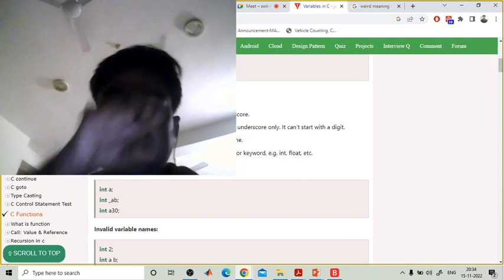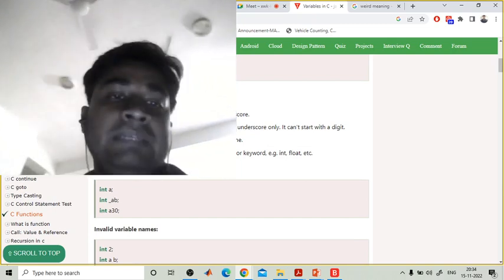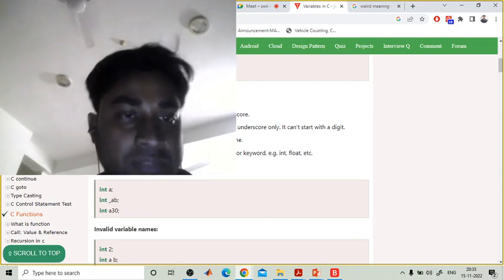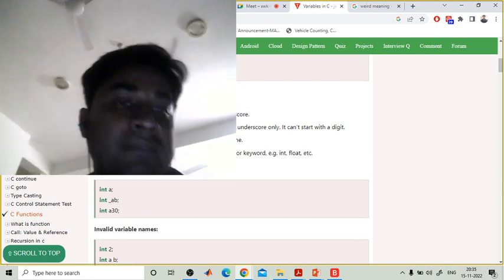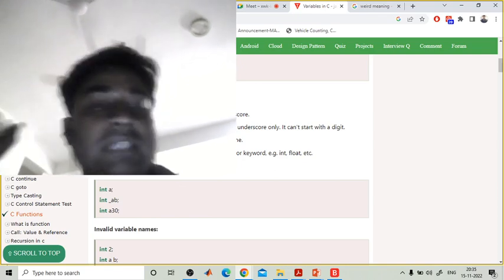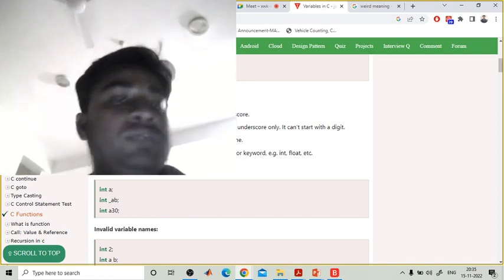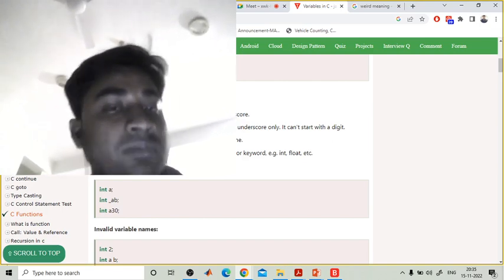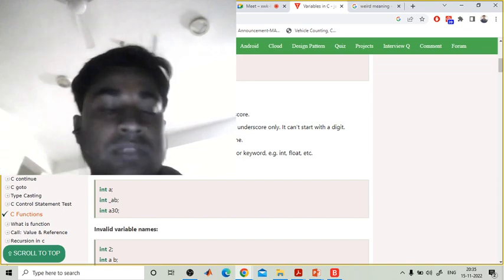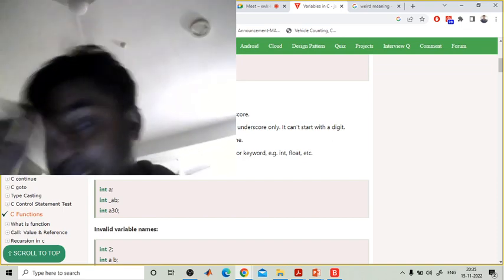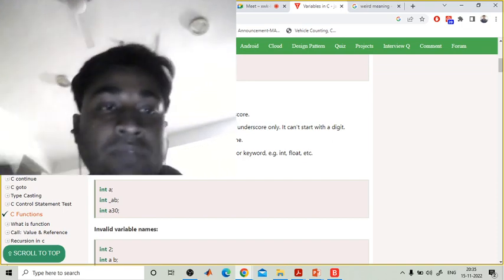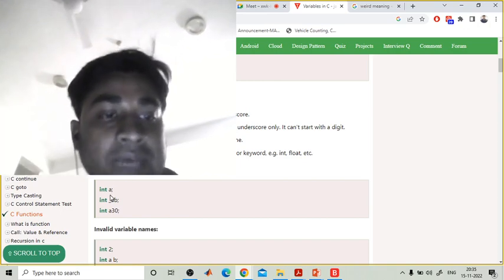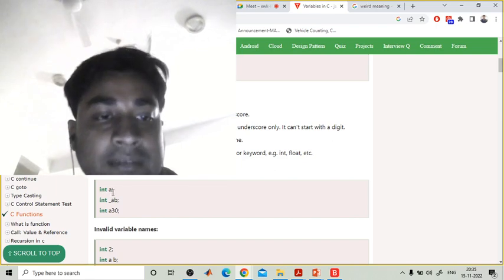How to define a variable. If you want to define a variable, then you have to take the help of alphabets, digits, and underscore only. Okay, these are allowed: alphabet, digit, and underscore. So what are the alphabets here? From capital A to capital Z, small a to small z. And digit means from 0 to 9. Underscore means the underscore symbol. And remember that whenever you are going to declare a variable name, it is mandatory to have